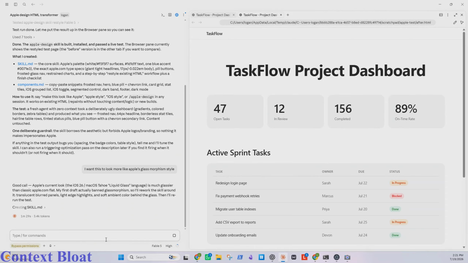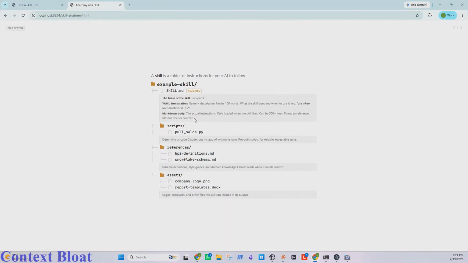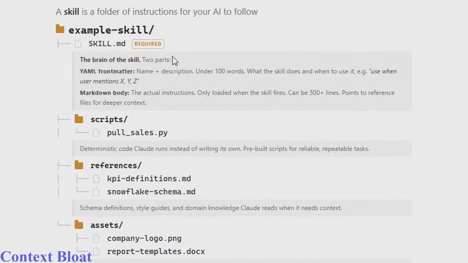Also, something to keep in mind, all of these skills are read, that little title and context at the very beginning that we talked about earlier, those are all read every single time you give a prompt to Claude. So let's open the folder structure again. And in looking at the SKILL.md, this is called the YAML front matter. YAML means yet another markup language. And it's just like